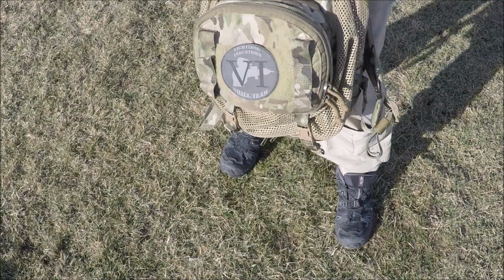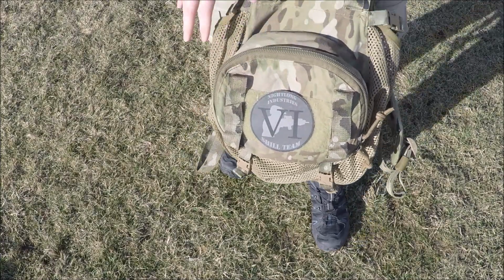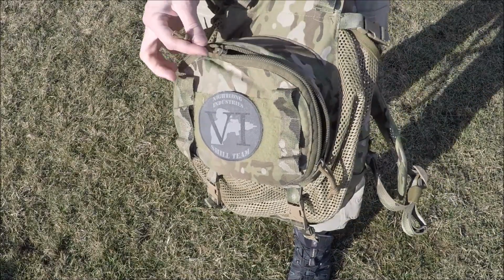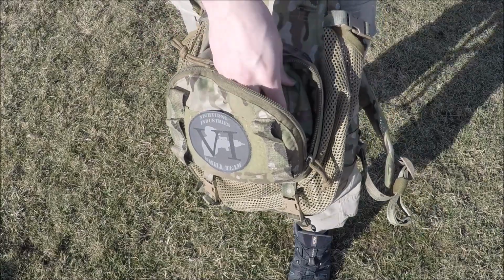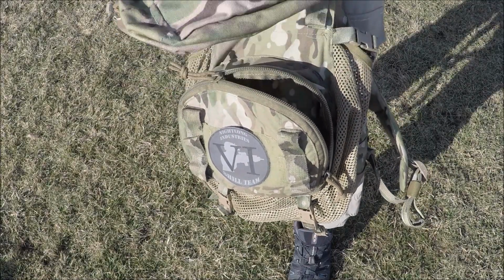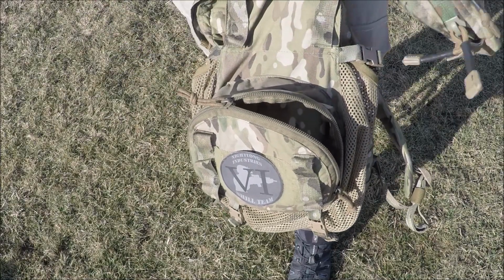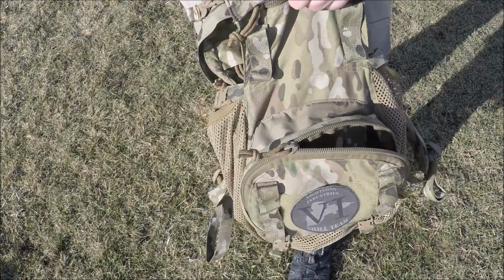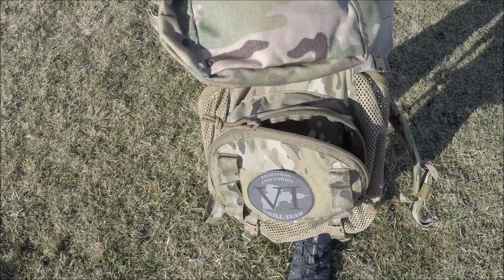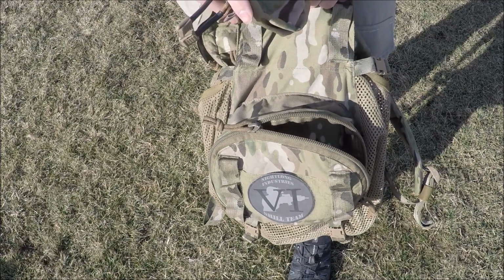So here's my AWS assault pack. We got my Night Longs Industry Shill Team 6 patch, and inside here I held my extra PEQ grenade. I held the Cry GP pouch, and the reason why I have this GP pouch is because my night vision case won't fit in this backpack, and it's just too bulky in general. So I'm able to put my nods in here, and they still have quite a bit of protection, especially abrasive